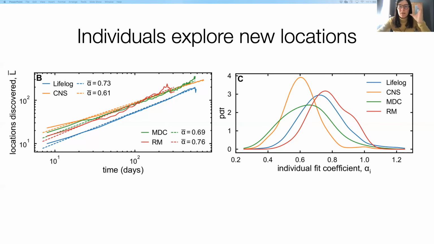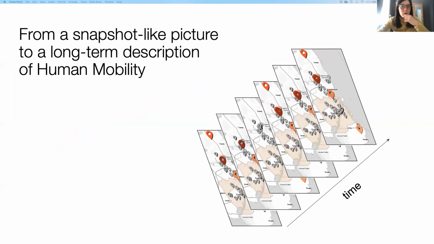hypothesis was that these two different things were possible because no one had ever looked at what happens over long time scales. This activity space of frequently visited locations is there because we're looking at snapshots in time, right? So it's short time windows. Of course, if we look at only a couple of months, then there's a small subset of places we go to and this doesn't change. But what happens over years and years? People must change the places that we like to go to. So we wanted a longer-term understanding of mobility and what happens to these activity spaces as time passes.